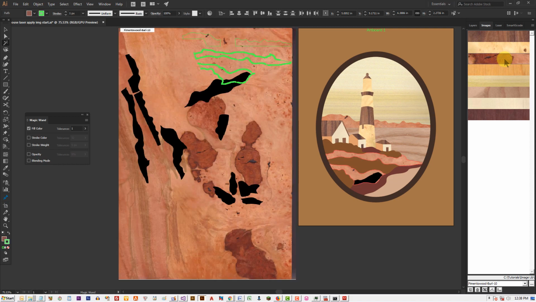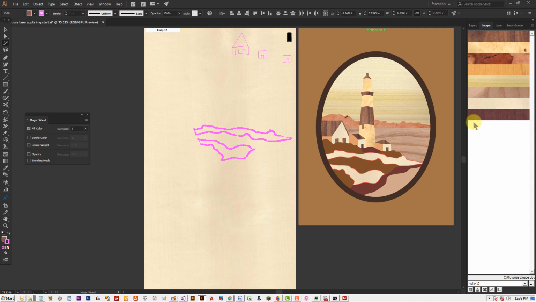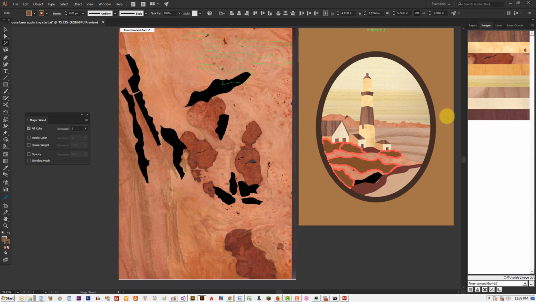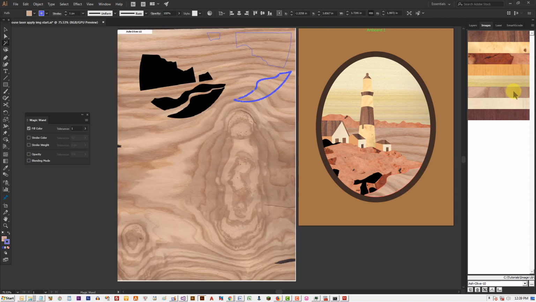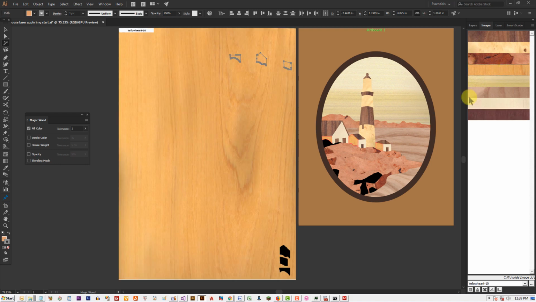But I like to wait until all paths have been applied with images. For me, I need to see the overall view of the design with all the woods in place. I need to see how the wood color and grain combination work together as a whole before I can begin to relocate the clipper path on the image to achieve the desired texture, shadow, or highlight in the scene.